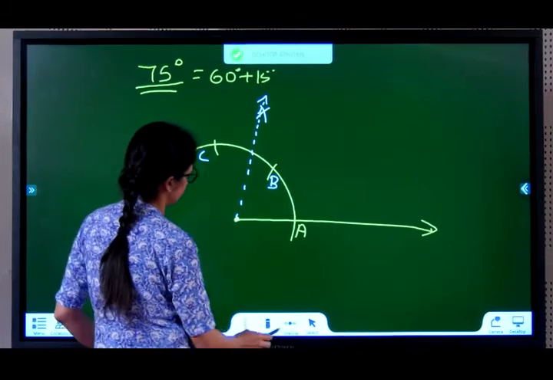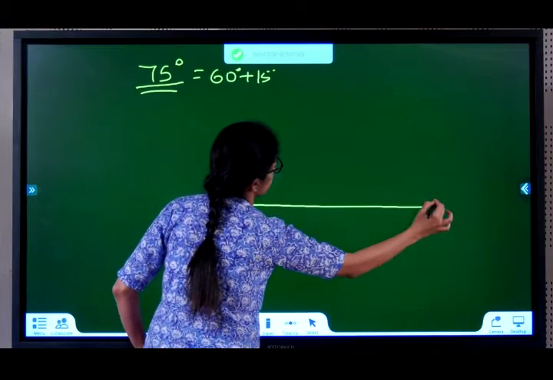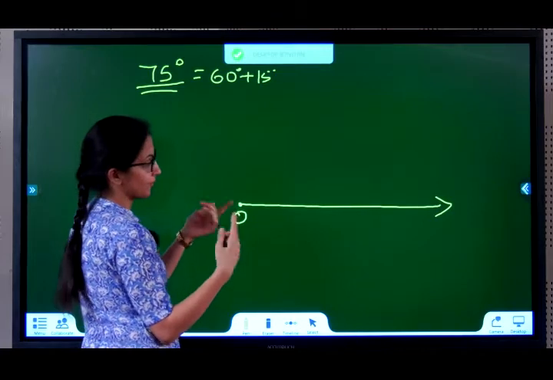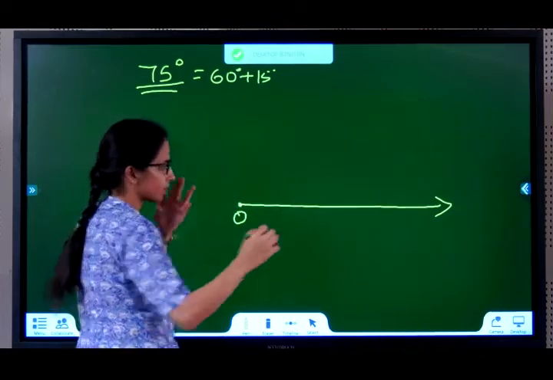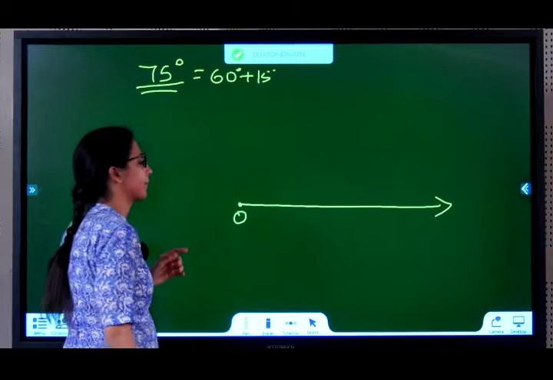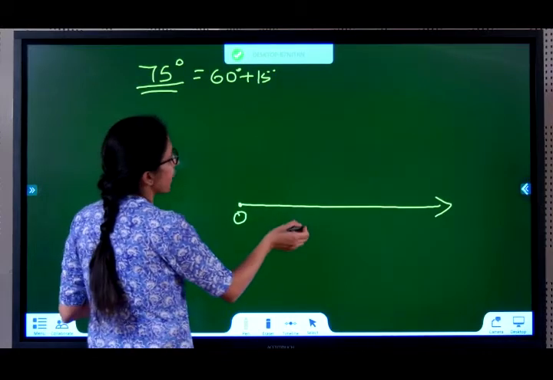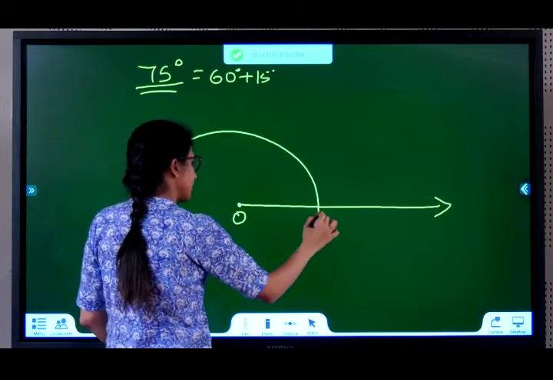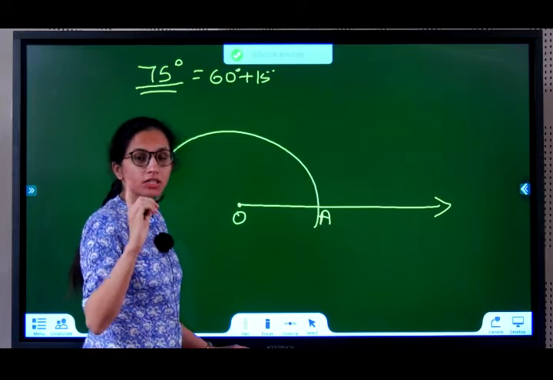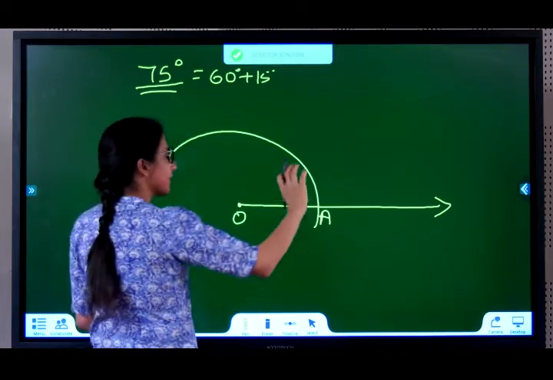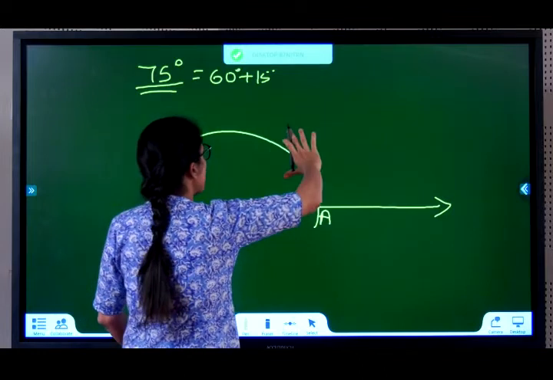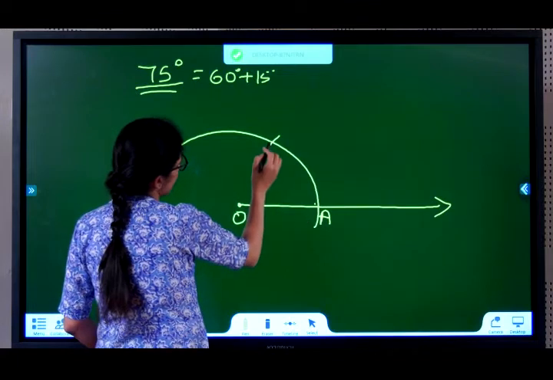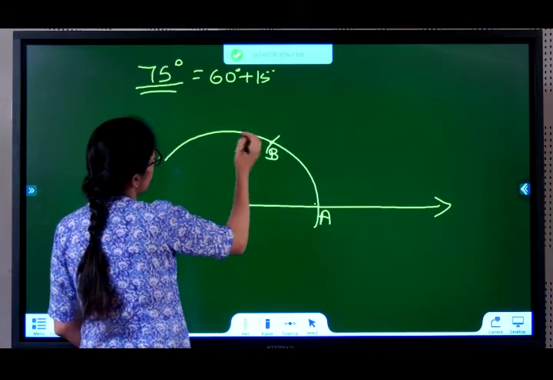Stop uncle, it's not proper. So draw a line segment. Now on this, not line segment, ray, right? In angles we draw rays because it extends forever from one side only. Keep your needle at O and choose an appropriate radius to draw an arc. Let this be A. Without changing the radius, please do not change the radius. Keep the compass needle at A and now cut an arc. With the same radius, keep the compass needle now at B and cut an arc.